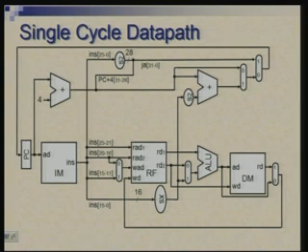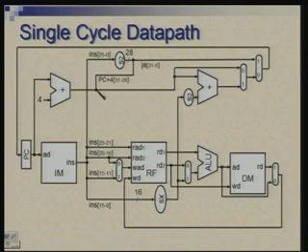Recall that we had started with a single cycle data path design, where once you start with an address in PC, the information flows through various stages within a cycle, and the instruction completes at the end of the cycle. For example, starting with the address of the instruction in PC, the instruction is fetched, the operands are fetched, the operation is performed in ALU, if necessary memory is accessed, if required results are written. All that happens in a cycle. Meanwhile, if required, the new address for the next instruction will be calculated.